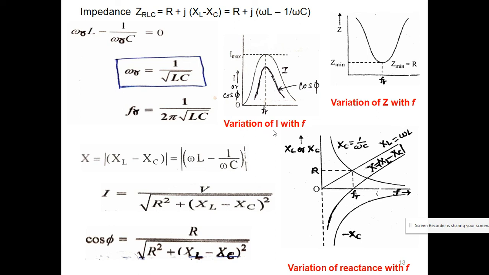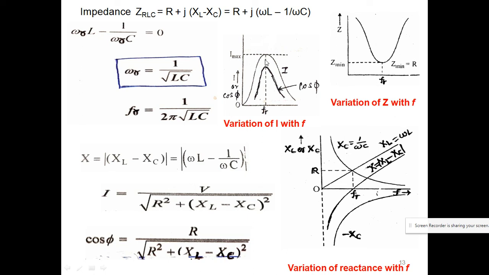When we increase our frequency, obviously Z will decrease. Z means I am talking about the impedance. So the impedance will decrease, and in this case our current will increase. So it is increasing this way. When we keep increasing our frequency and reach that condition, this becomes minimum. It becomes only equal to R. So the current goes to maximum.